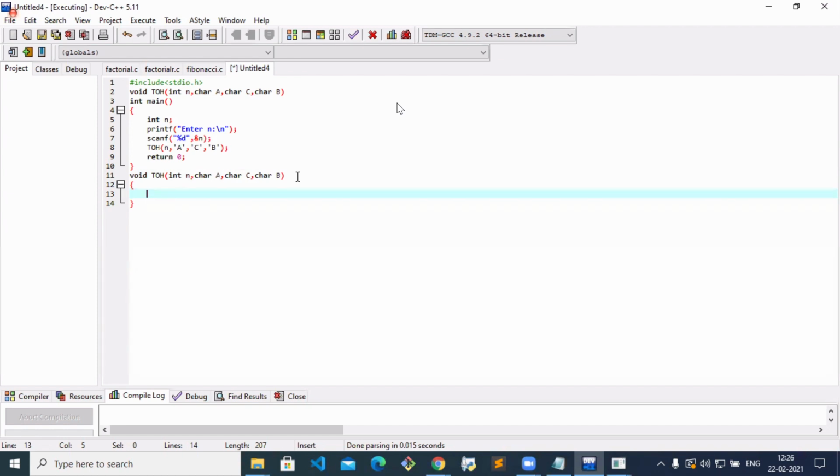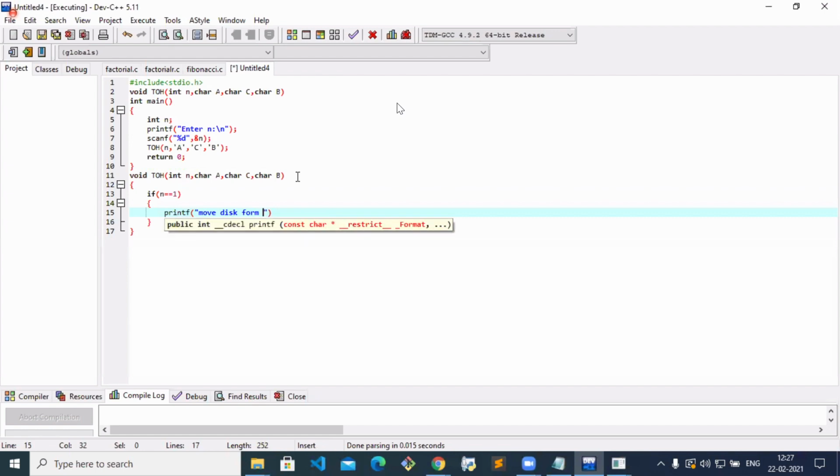If n is equal to 1, if you have only one disk, you can directly move it. So printf: move disk from percent c to percent c.